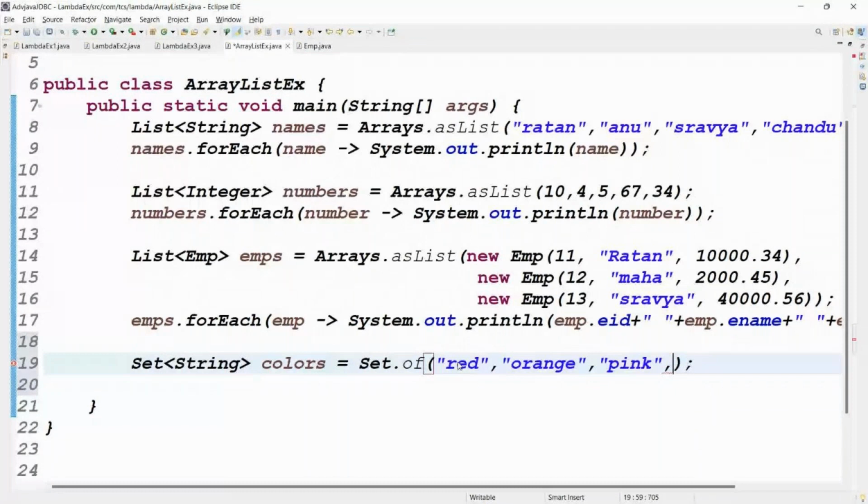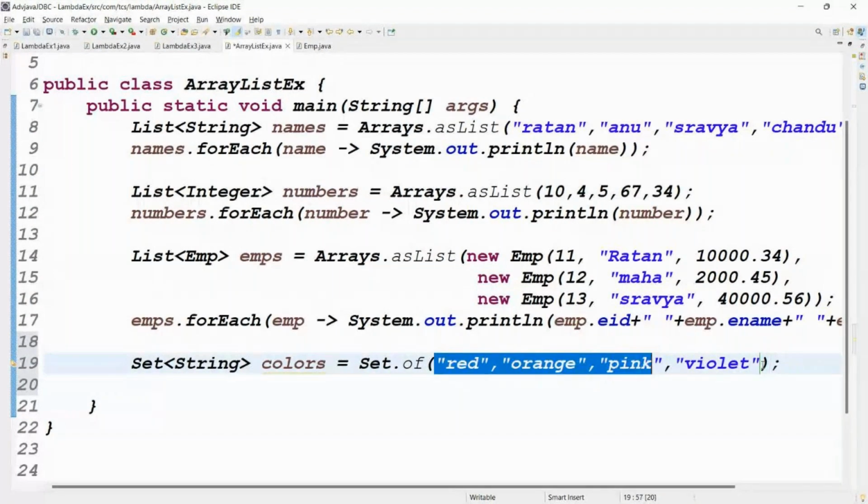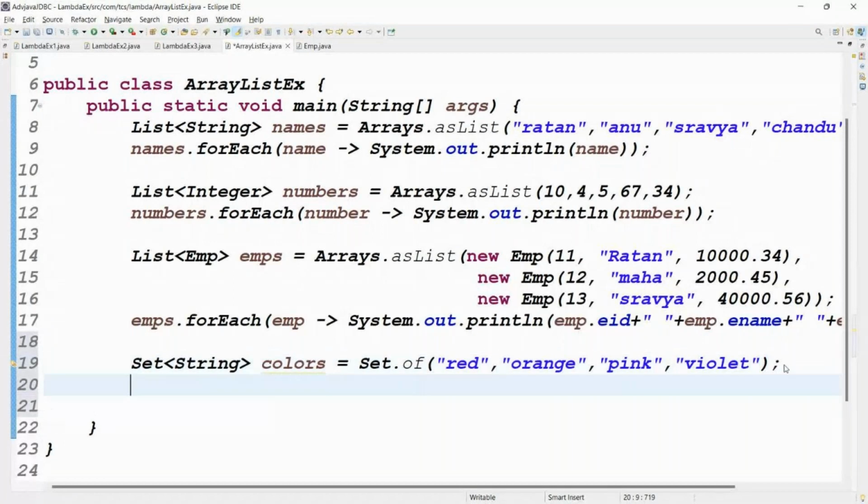I like violet also. V-I-O, violet. Brinjal color, no? That is also good, right? So colors are good, that is good actually. Some people are saying white and